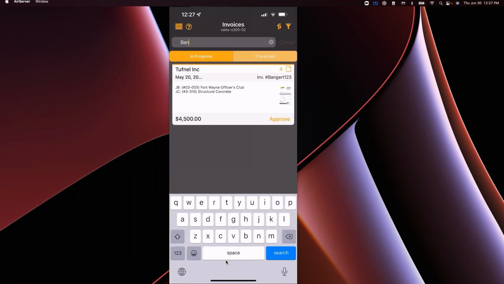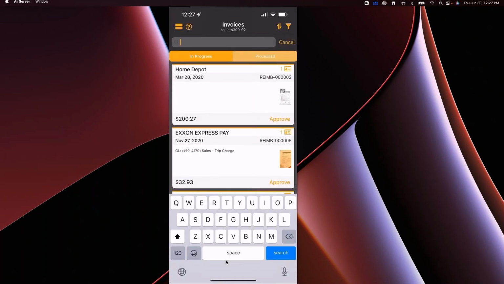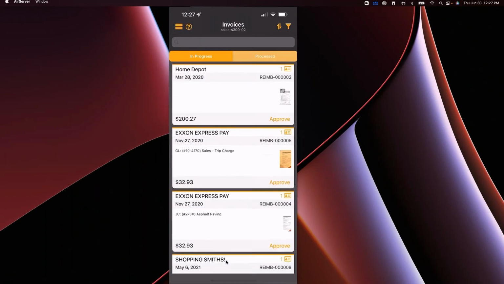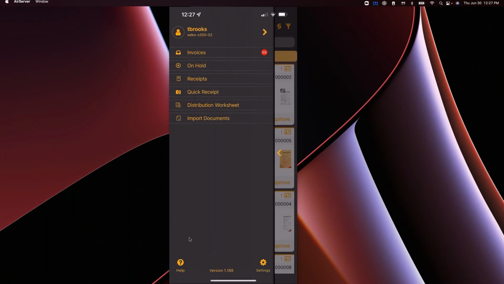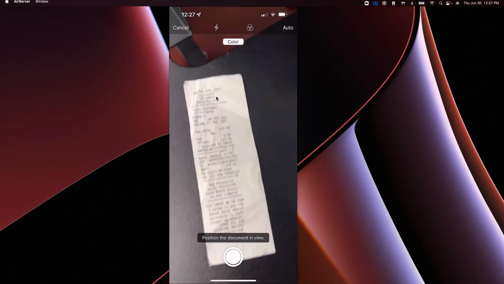Okay, now while we're here on the phone, let's talk a little bit about some of the other functions that are part of this product. Typically, showing a receipt capture from a phone is ideal because a lot of companies have guys that have phones, make purchases, and need to get receipts in. And what better than the camera you have in your pocket? So from the same app, at the top left, we can pull up a side menu that allows us to view or capture receipts. So let's go ahead and click on Quick Receipt.